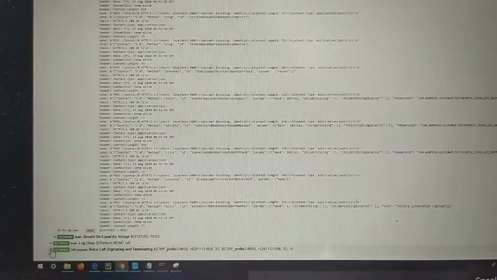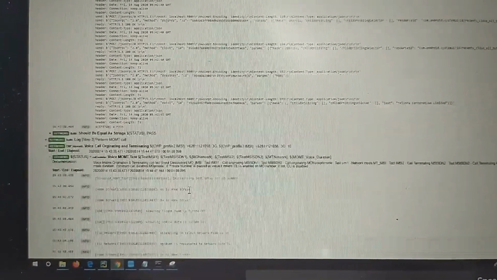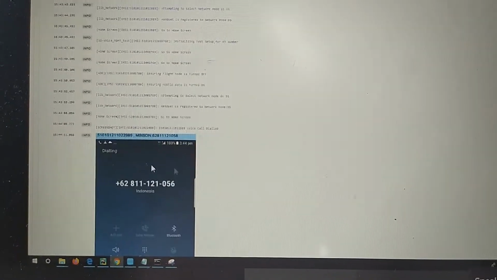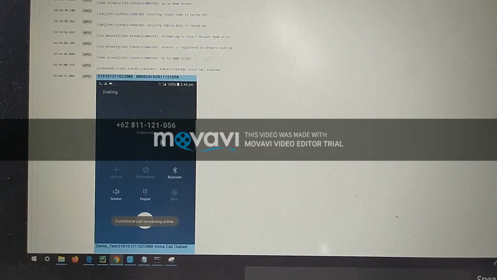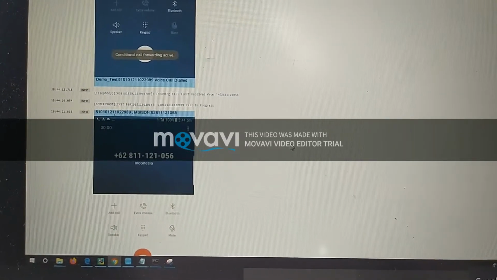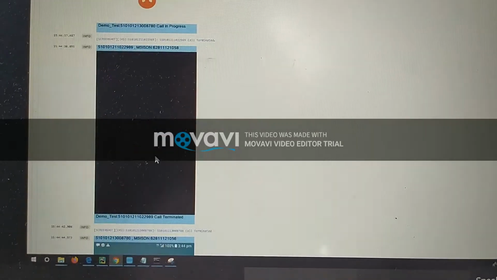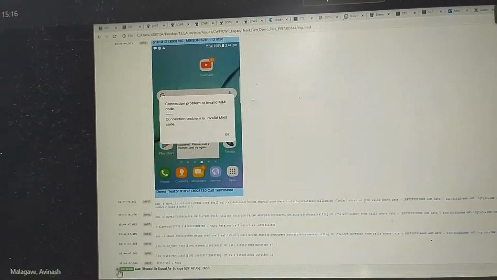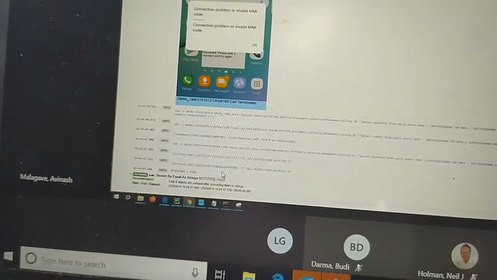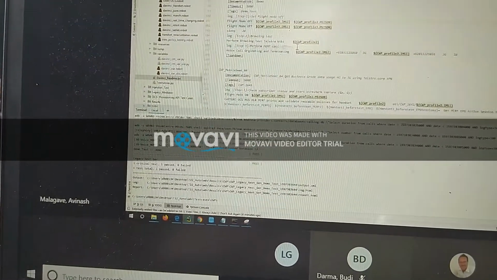Next, we have performed a voice call between two different parties, so we can see the call status also: from a party to which number it has dialed, what the call duration is, whether it is a success or not. All the details we can see here. Meanwhile, it will take a screenshot also for everything. Once the call is successful, it will keep the status as passed, or however we set it actually.